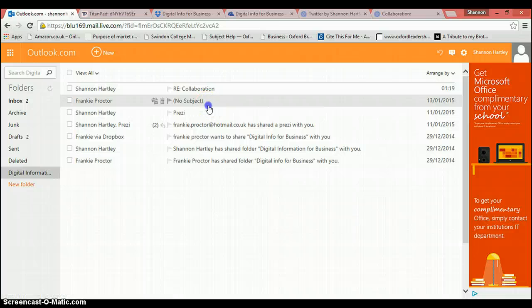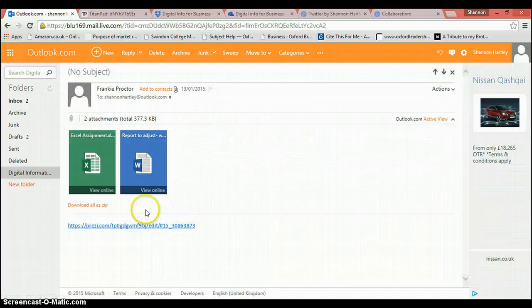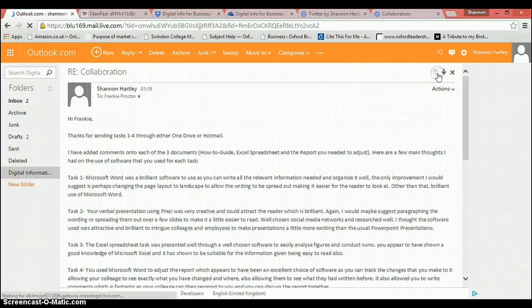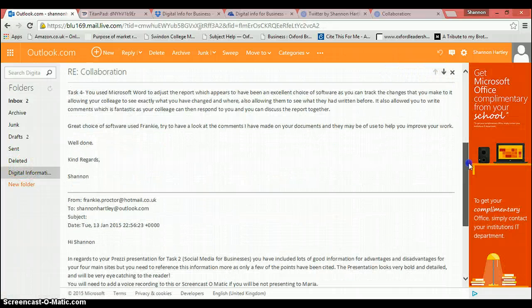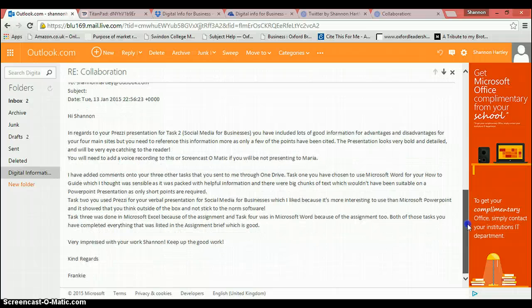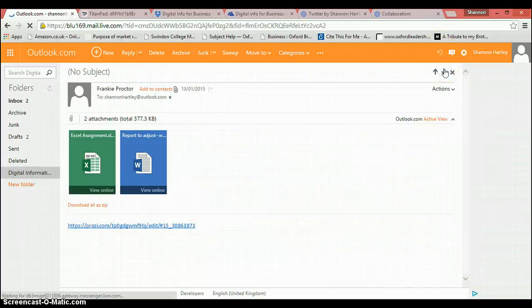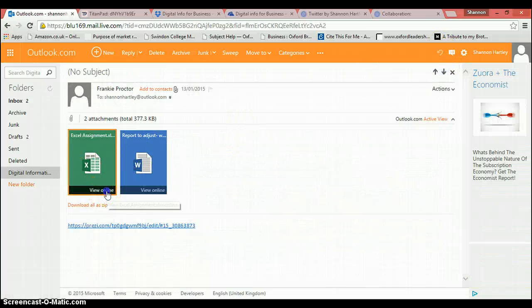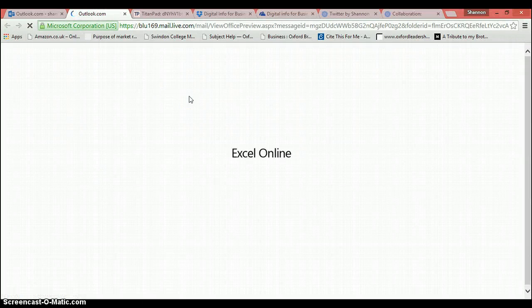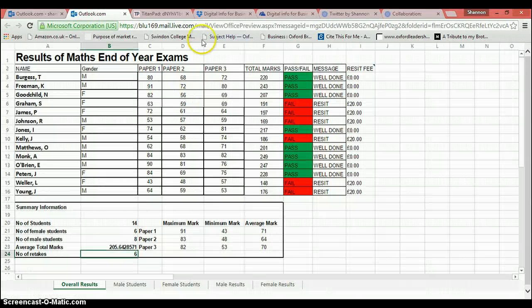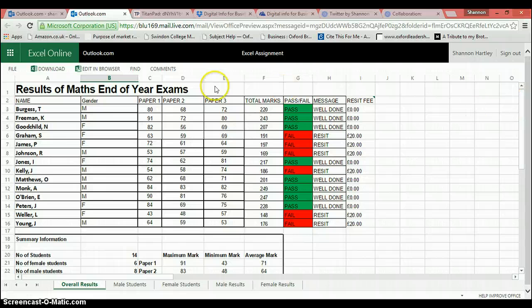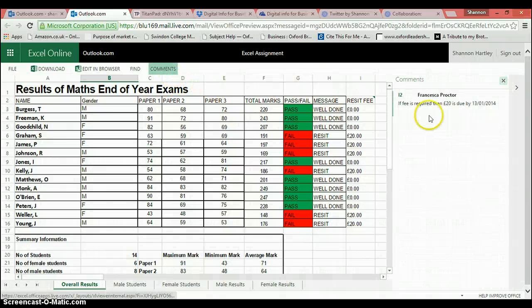I'll just find that now. So she just posted it over an email to me. I then replied with lots of writing. So I'll just go back. I'll just view her Excel document, as I did write on this as well. Okay, comments.